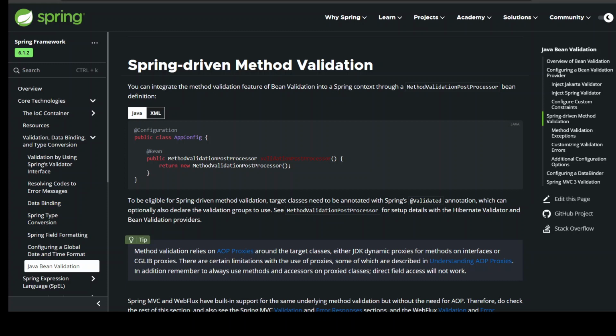You can integrate the method validation feature of Bean Validation into a Spring context through a MethodValidationPostProcessor bean definition. Import org.springframework.validation.beanvalidation.MethodValidationPostProcessor. @Configuration public class AppConfig { @Bean public MethodValidationPostProcessor validationPostProcessor() { return new MethodValidationPostProcessor(); } }